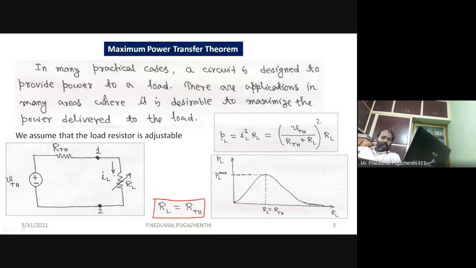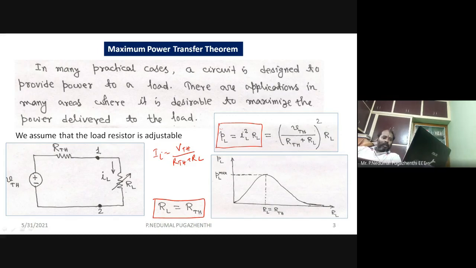Okay. And what is the maximum power? For calculation of power, you can say it is VThevenin squared divided by RThevenin plus RL, because if you take this particular network, the current IL, because the power formula, you know that. What is the power formula? Power is equal to current squared into RL, the current passing through the RL squared into RL, or the voltage across this RL squared divided by RL. That is also possible. Okay, so what is that IL? IL is nothing but the total voltage divided by the total resistance. What is the total current IL? IL is equal to VThevenin divided by RThevenin plus RL.